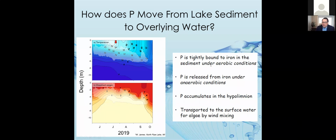So the first thing that I want to highlight, very important here, is phosphorus in lake sediments is tightly bound to iron under aerobic conditions. So that is in the presence of oxygen, phosphorus stays very tightly bound to iron. Phosphorus can be bound to many different things in the lake sediment, aluminum, calcium. It can be free, it can be bound up in organics, but it can also be bound to iron. And we're particularly concerned about that because that bond is not very stable in a lake environment,